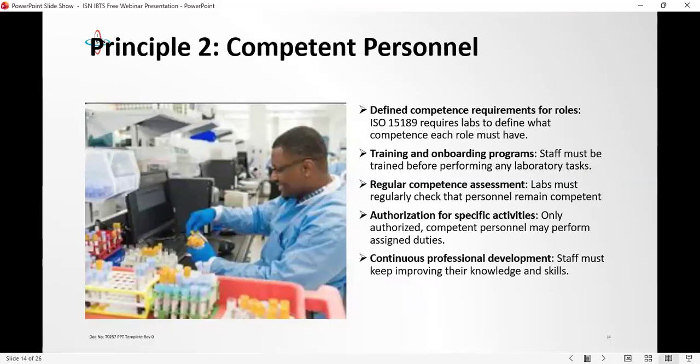So there should be some kind of onboarding for all cadres of staff that come into the laboratory. Be it a cleaner who you think is inconsequential, and you will send that person to buy food. By the time they do not wash their hands, they will use gloves, touch the door, touch your bottle, and bring it for you. They are running very good errands. Because the person does not know the consequences of their actions, you will not know when the thing will get to you. So it is imperative for every laboratory, as per requirement, to have an onboarding program for all cadres of staff, and it must be documented.